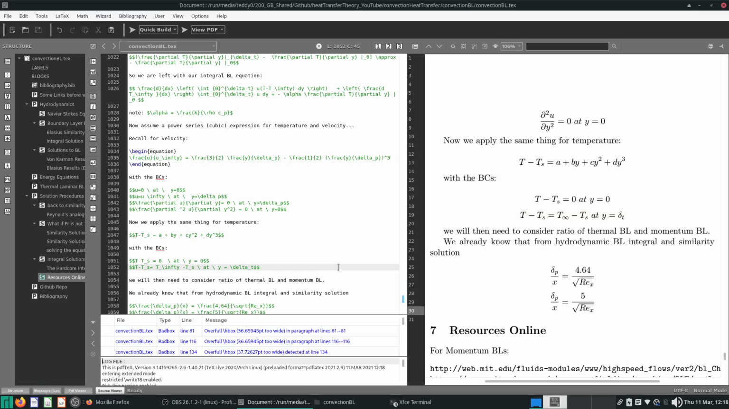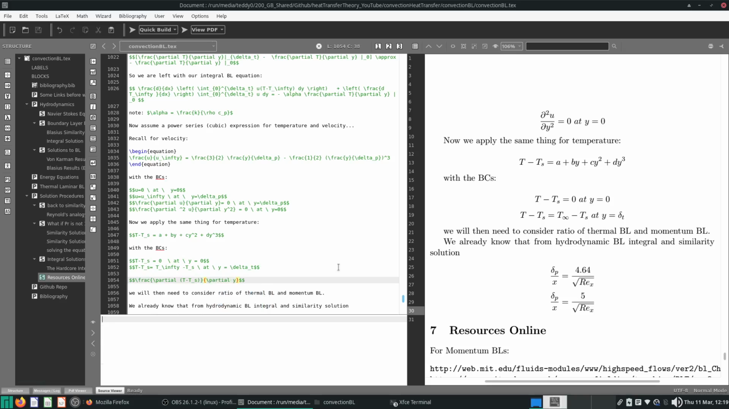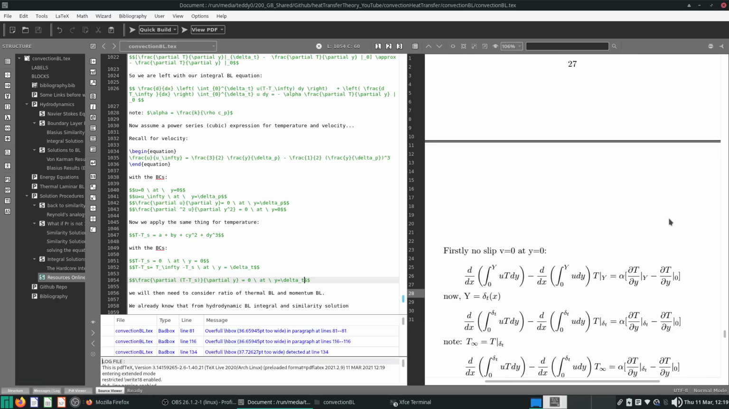Next, partial of T minus Ts with respect to y equals 0 at y equals delta T. And what is this saying? This is saying that the heat conduction near the edge of the boundary layer